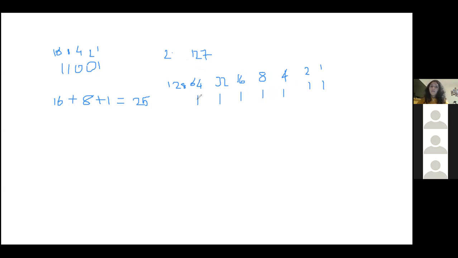Normally, if the question says to write your answers in 8-bit binary, you'd need to put the little 0 here to say that there's 0 lots of 128, 1 lot of 64, 32, and so on. So yeah, the answer in the PDF, I had a look, and it omits the leading 0. So your answer would just be 1111111, 7 ones. So that's how you go back the other way.